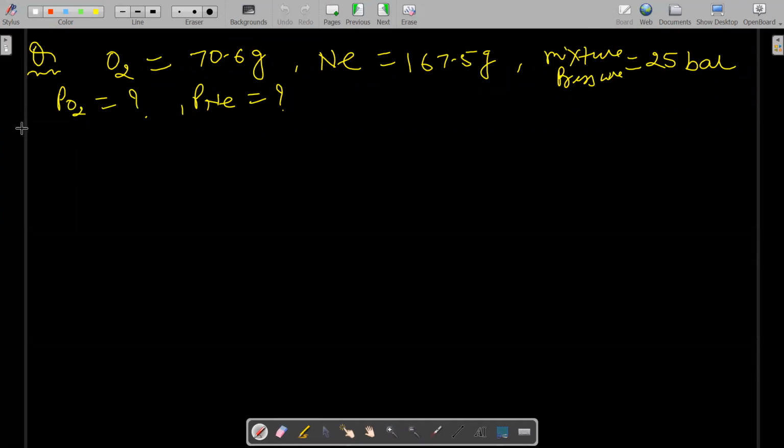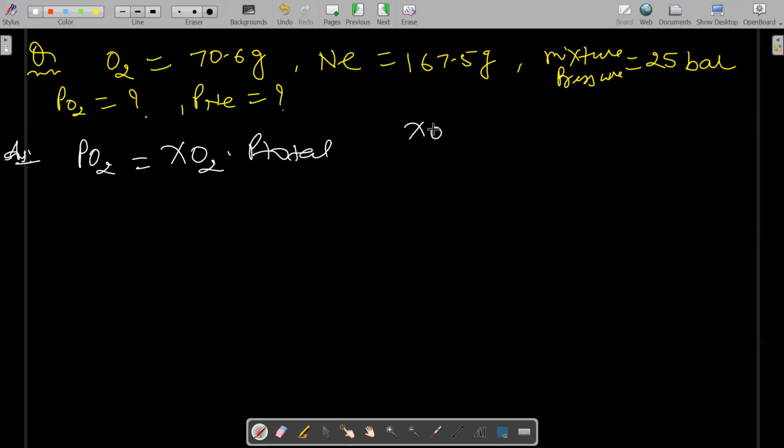What we can do is first calculate the number of moles of each gas, then take the mole fraction and apply the formula of P total. So what is P total? Okay, in this question P total is given. So is this formula required? Ma'am, we can apply PA equal to mole fraction into P total. सीधा डायरेक्ट कर सकते हैं, यानी partial pressure of O2 is equal to the mole fraction of O2 into P total. Okay, P total is given.